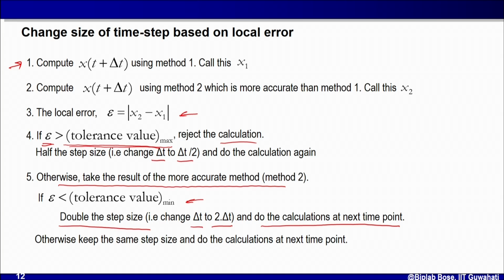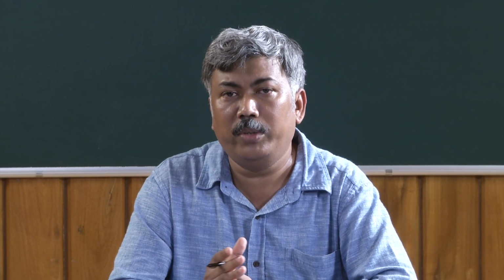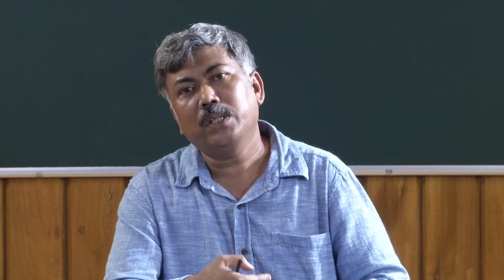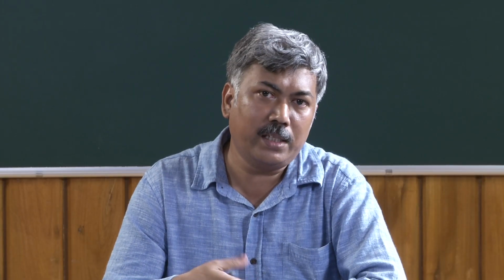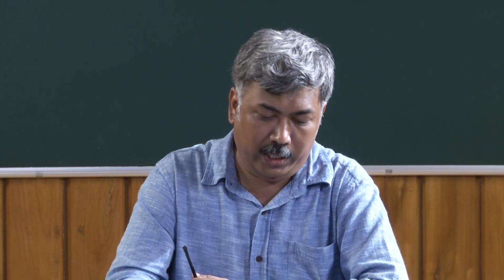So, what we are doing here is that depending upon the error, whether the error is big or whether the error is small, we are changing the value of delta t. Whether the error is big or small is decided by the user who decides the tolerance limit. So, as I said, I can say I want the error to be between 10 to the minus 8 and 10 to the minus 6. So, my tolerance limit maximum value is 10 to the minus 6, whereas the lower value of tolerance is 10 to the minus 8. In this way, I can use the same Runge-Kutta method, but with an adaptive time step, and obviously that will give me better results and faster simulation.